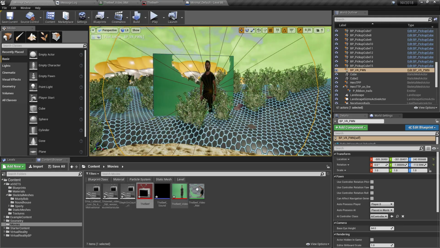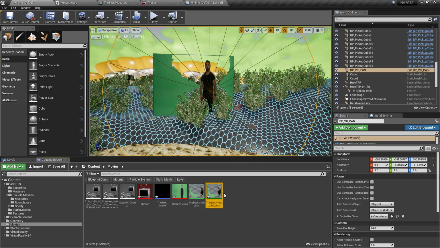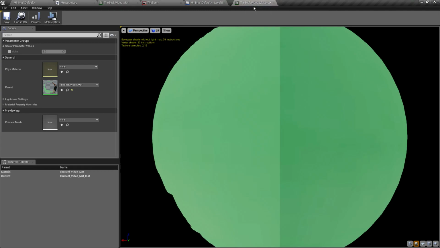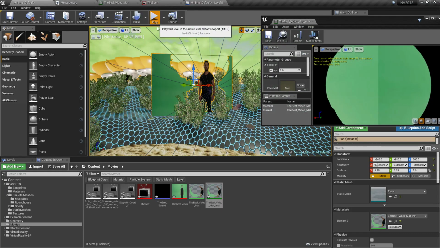So let's make an instance of the material. What I always forget to do is actually put it on the new thing. All right, we can do it that way, or we can make sure that there it is. It's the instance. Let's open it up, bring it to the side, and we have this alpha value right here. So now I can play it,